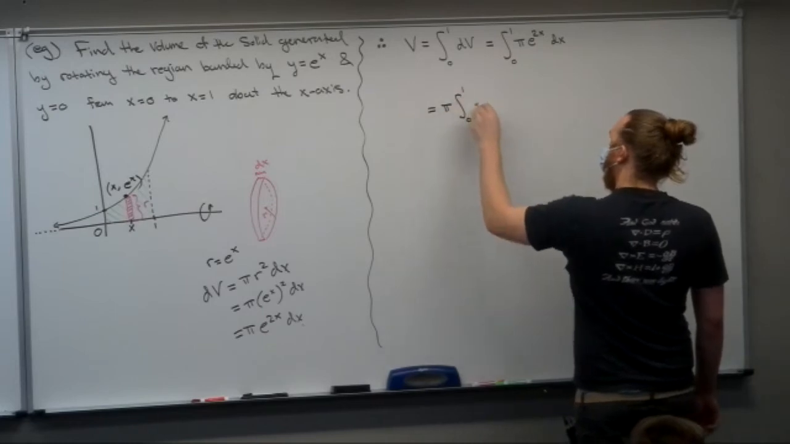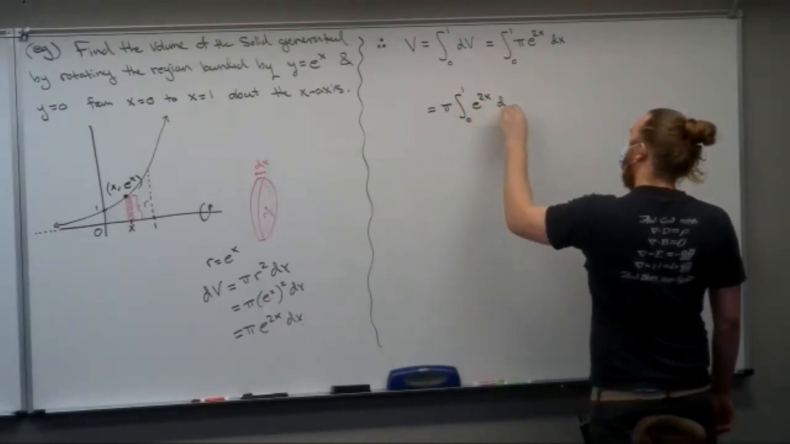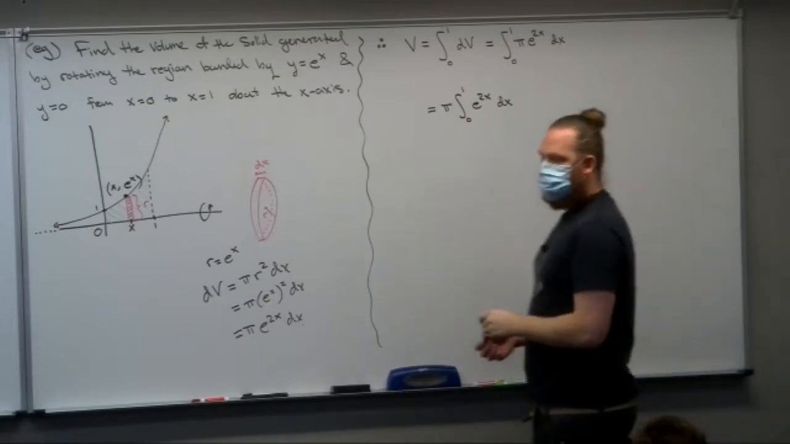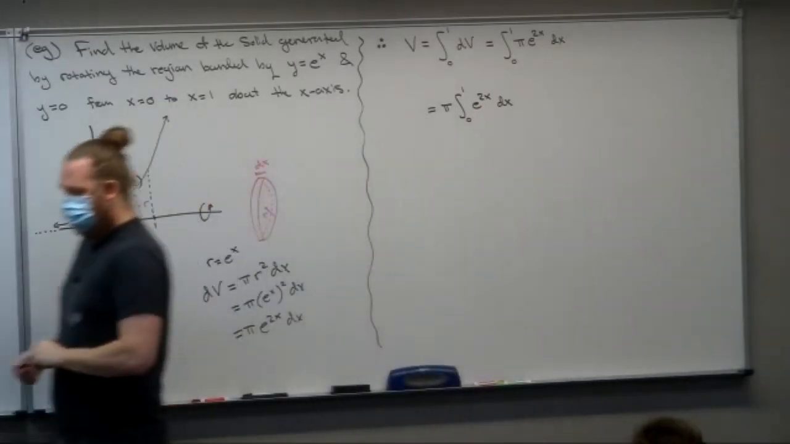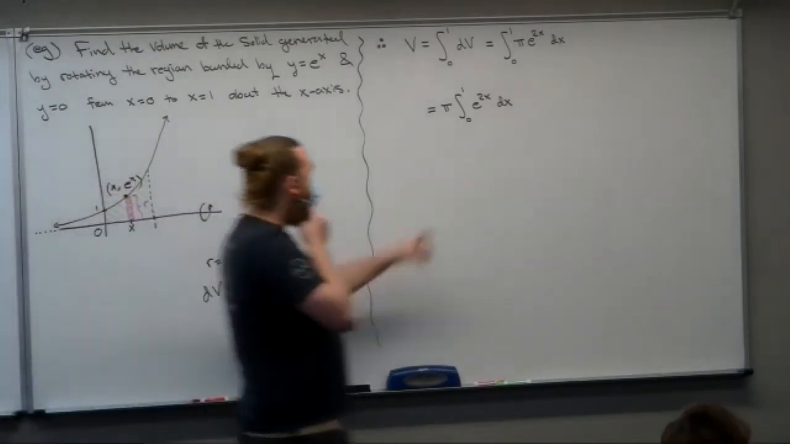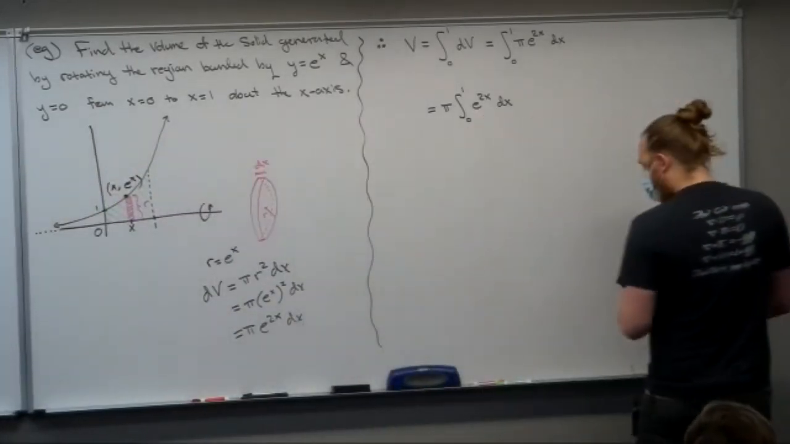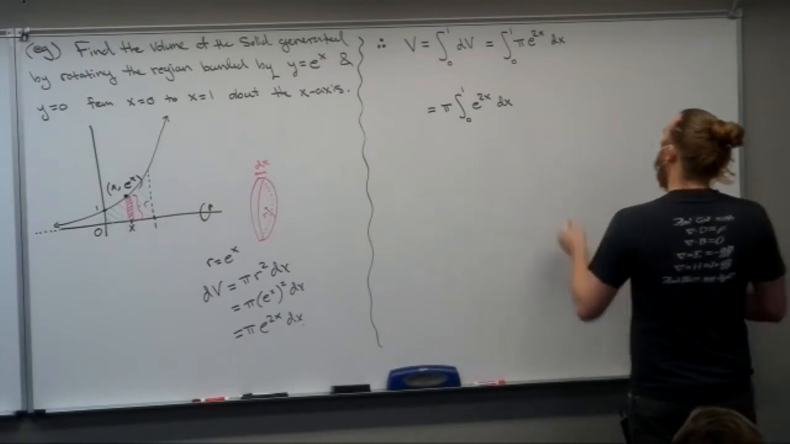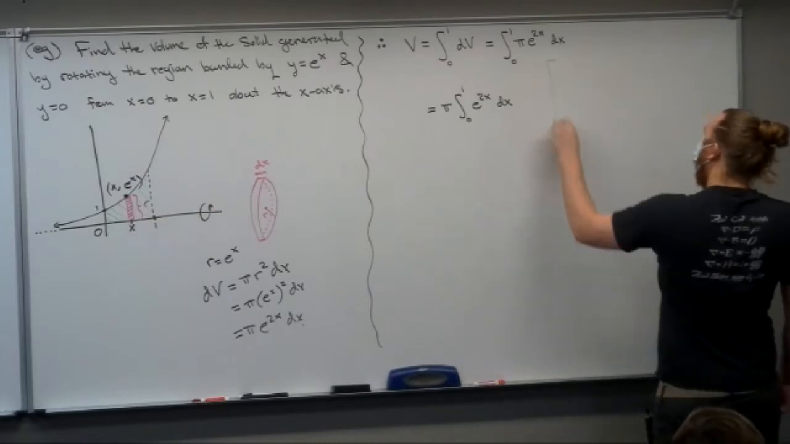Pi integral from 0 to 1 of e to the 2x dx. And this is one of those micro u subs that we talked about last week. So what is the micro u sub we would do here? Good. Yeah, if I had to do this integral in all of its detail, I would sub u equals 2x. In general,